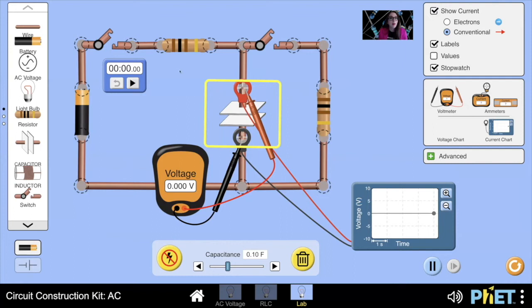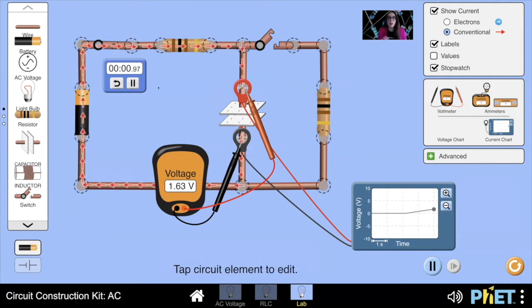Well, let's see what happens here. Now I'm going to close the switch, immediately start the stopwatch, and wait to see when my potential reaches 63.2% of the maximum value, which is 10 volts. So, oh, I just passed it. I didn't quite start the stopwatch right when I flipped the switch, but here